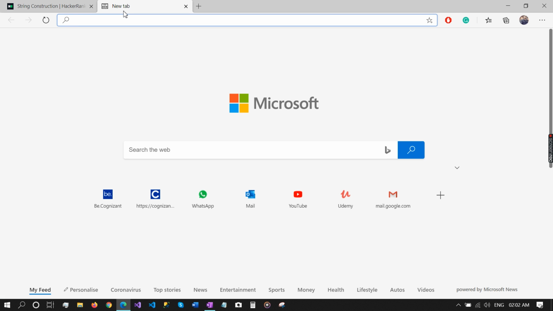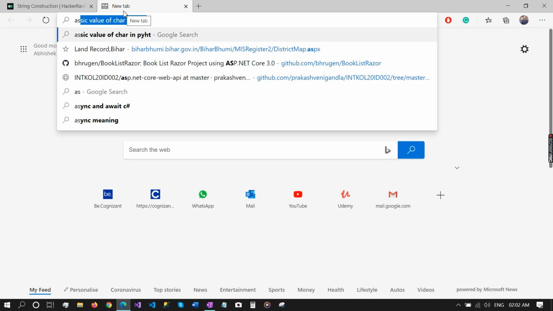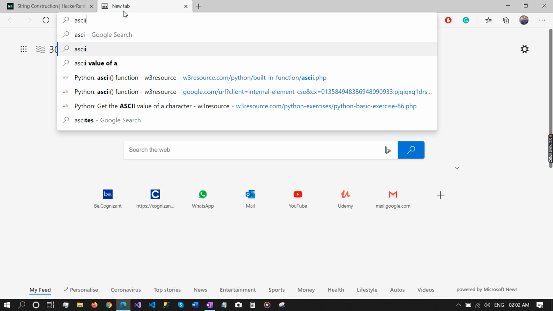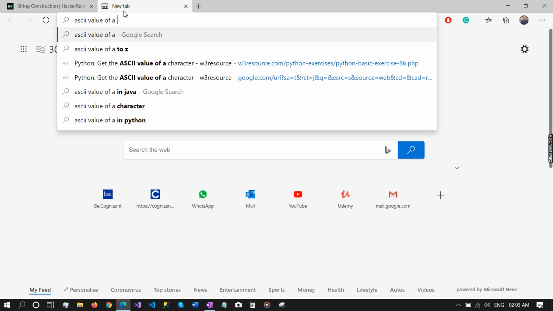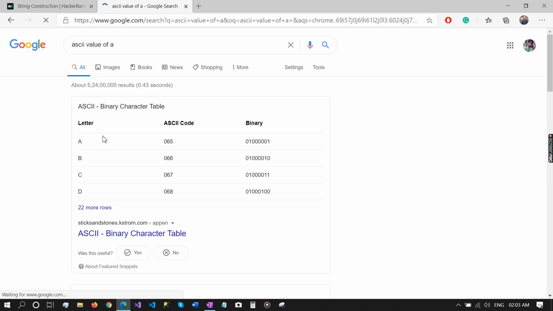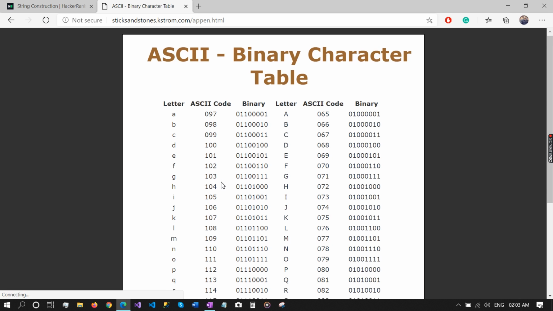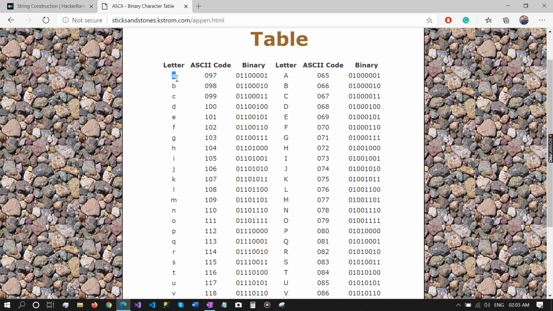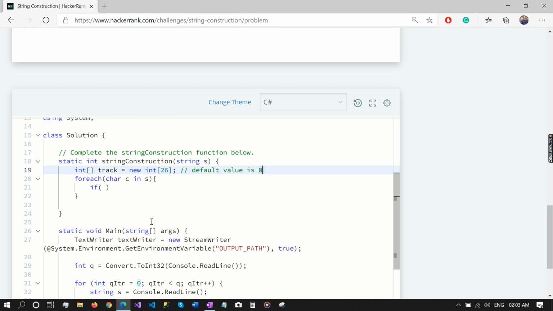So for example, I will show you here the ASCII value of A. And don't confuse here. Here A is showing 65 because it is the capital A. For small a, you can look here. So here, the small a, that is 97. Okay. So now what I have to do, I will check whether track